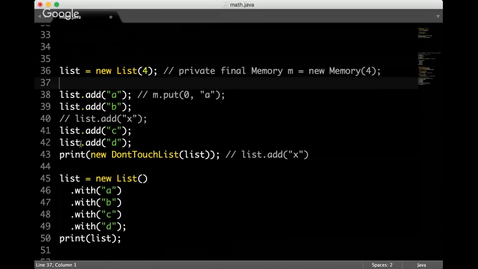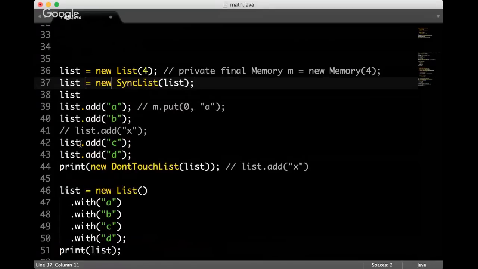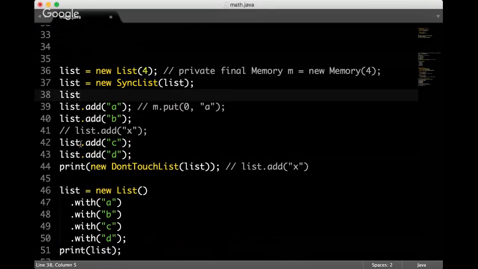What I did is, I created a decorator, and in my case I called it sync list. So I decorated the list like that, and this sync list introduced one more method, and I said start transaction.